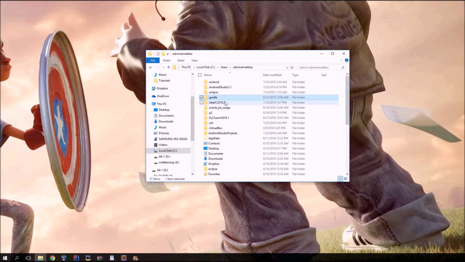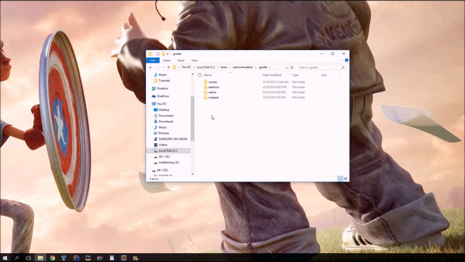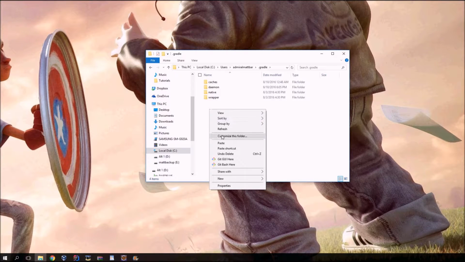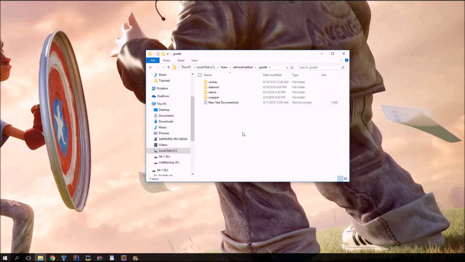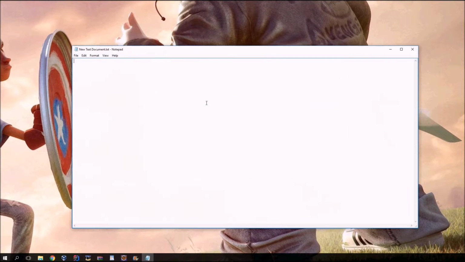Okay, so you should see a folder called .gradle. If you've attempted to run Gradle and it failed, it usually at least created this folder in your home drive, the folder named after your username. So you're going to double click on that. Right click, go to New, go to Text Document. In your text document, all the way at the end, you're going to type